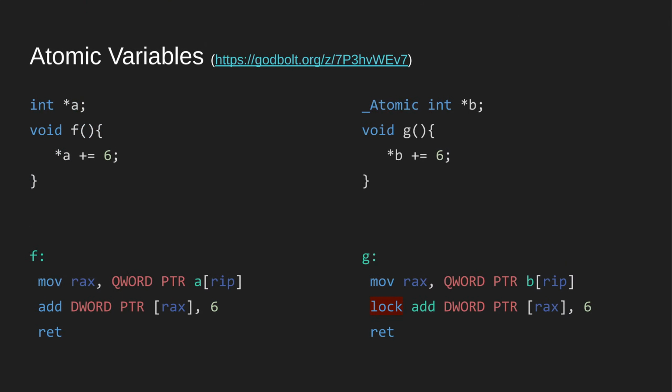Oh wait, actually first I thought it would be interesting to show you what the assembly looks like. So here is x86. If you are using an Intel processor or an AMD processor, you are running this instruction set most likely. Above we have C code and below we have the compiler generated assembly, right? And you can see that they are pretty much equal, except on the right hand side we are using an atomic variable. And x86 has this thing called a lock prefix, right? So instead of a pthread mutex lock, we just have it right in the assembly right there.